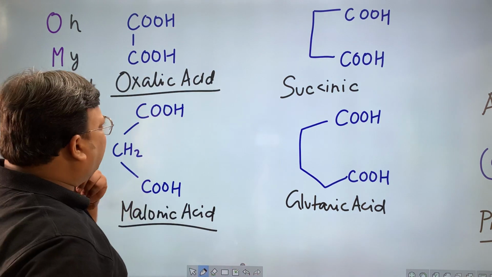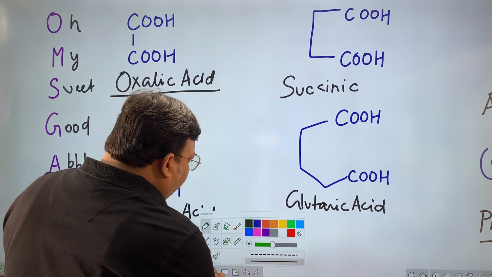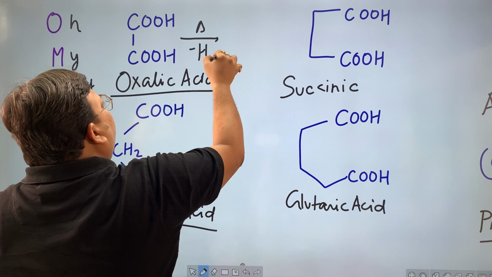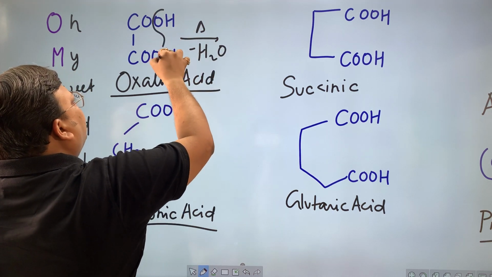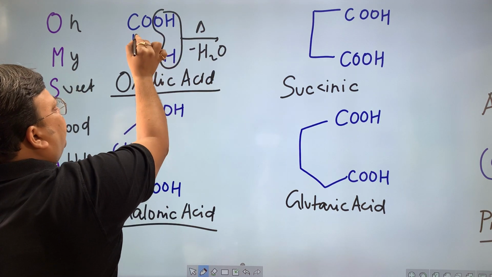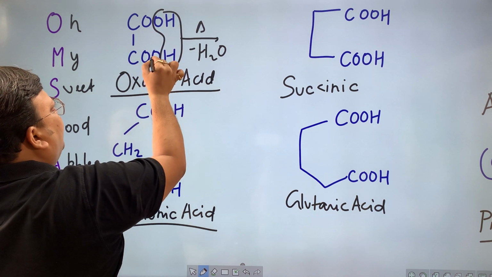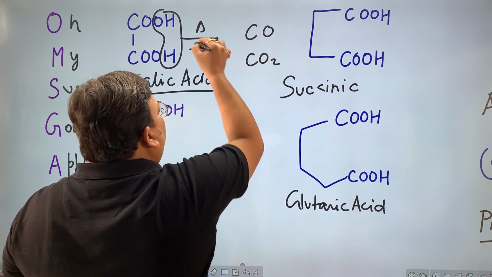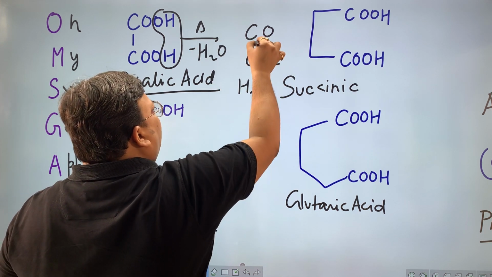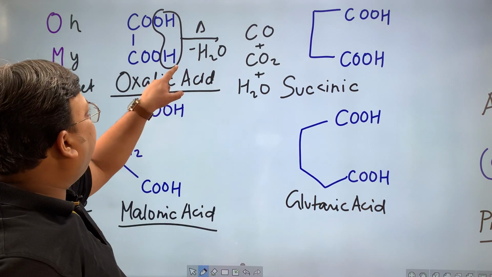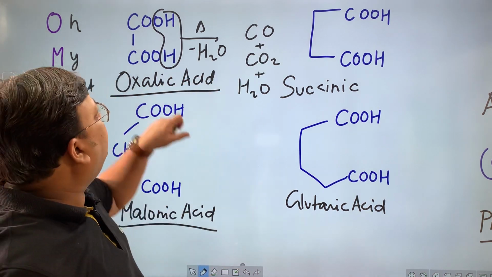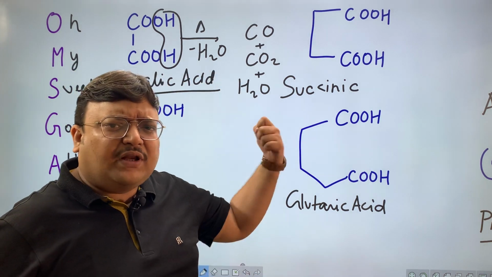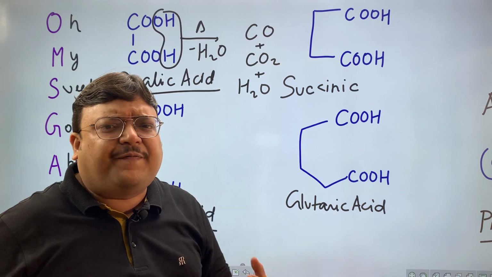Let's begin with oxalic acid. Now, oxalic acid, simple. You'll just want to remove on heating 1 mole of water. When you remove water this way, what will be left is carbon monoxide and carbon dioxide, along with water. So this is how you'll remember this. Oxalic acid on heating would lose water, dehydration. You will get carbon monoxide, carbon dioxide, water. 2 oxides of carbon along with a liquid which turns copper sulfate blue.